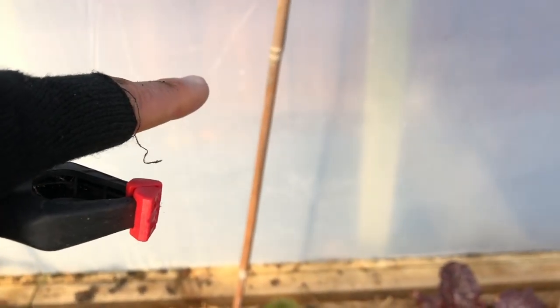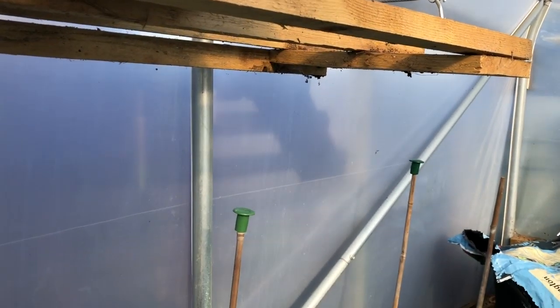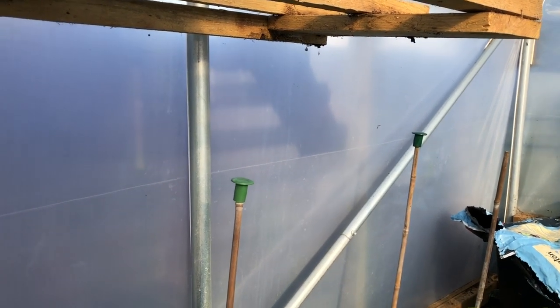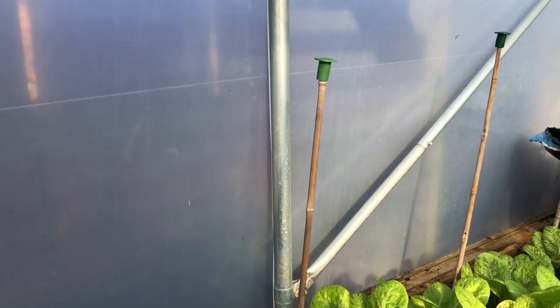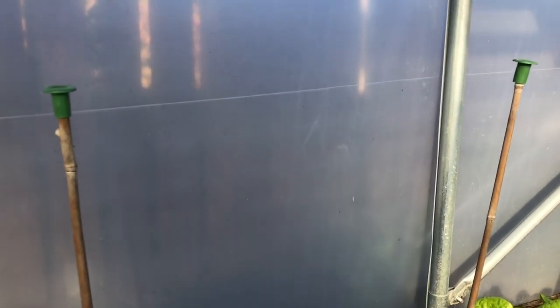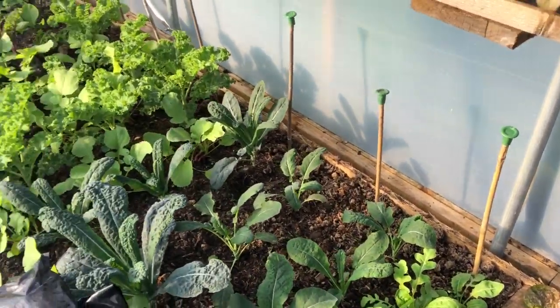and this is the north facing wall of the polytunnel. So even though it sits down there and it wraps up and clips onto here, it's not really giving any shade. In fact, it's actually providing a kind of warm wall for these salads, protecting them from the cold wall of the polytunnel. So I'm going to get that clipped on and I'll show you in a minute what it all